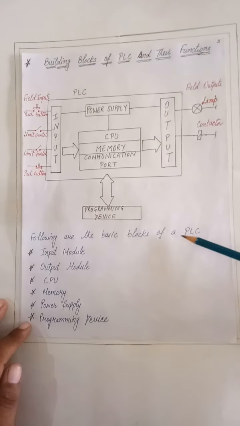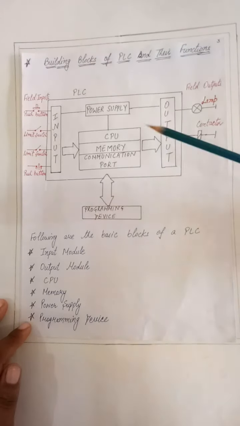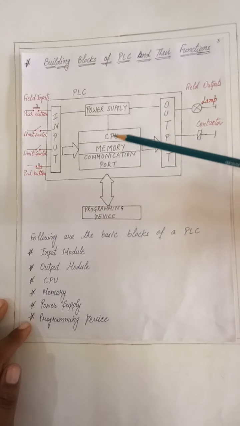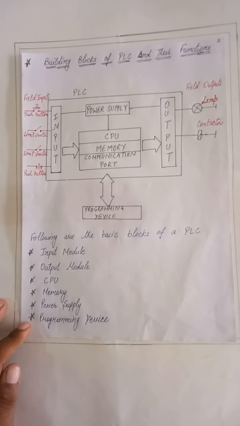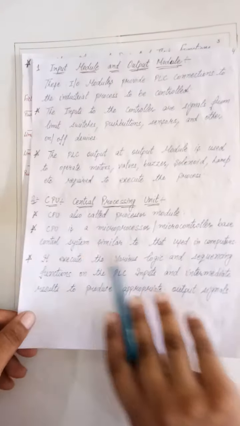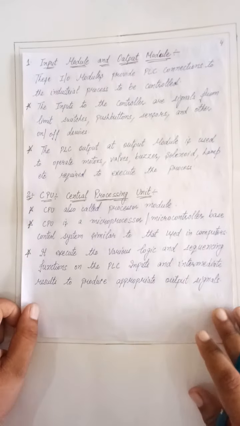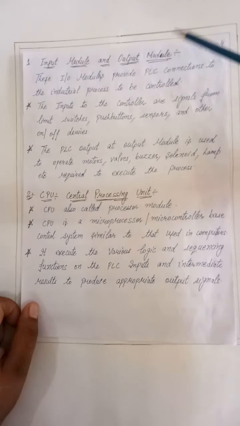So following are the basic blocks of PLC: input module, output module, CPU, memory, power supply, programming device. Now we will discuss all these blocks in brief. First is the input module and